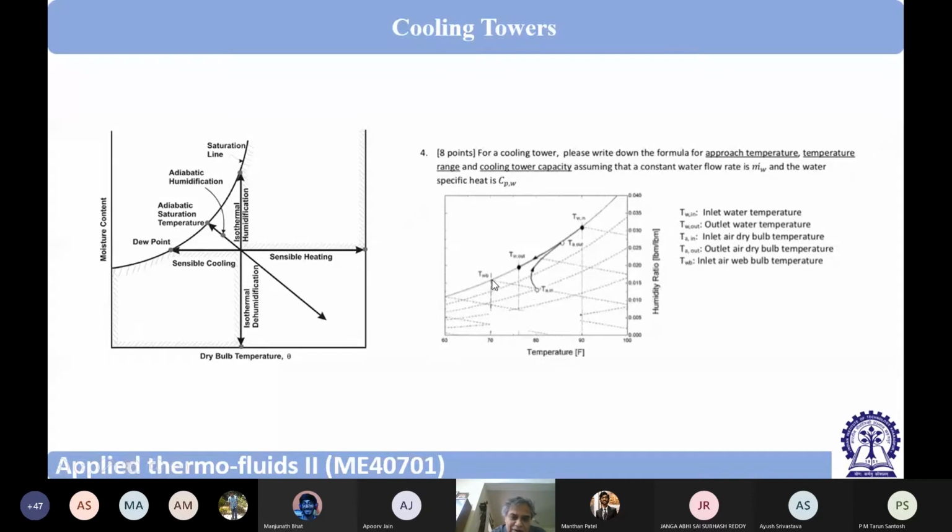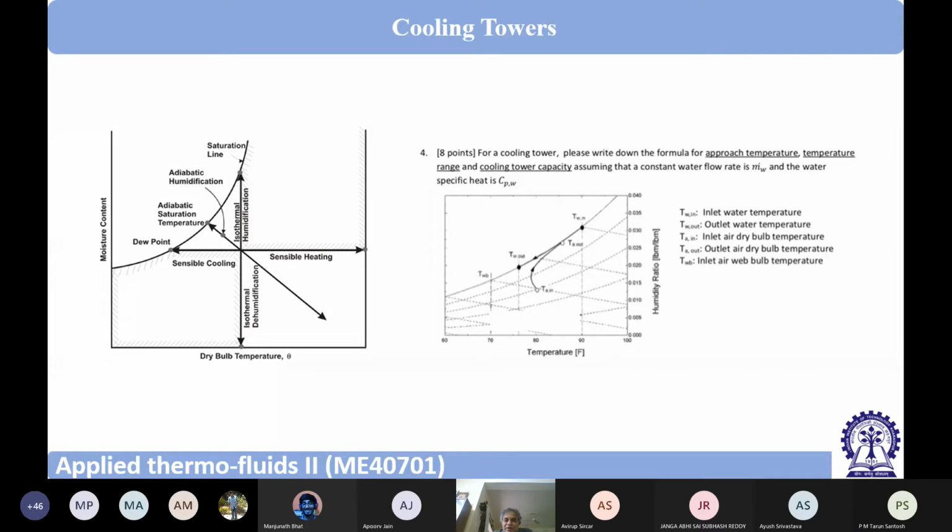Sorry, it will also be above. It cannot go up to this. Corresponding to this air, the wet bulb temperature is this. Water could have been cooled up to this, but it is not possible. An infinite length of cooling tower is needed. So it will be in between the dry bulb temperature and wet bulb temperature of the ambient, but it will be less than the dry bulb temperature of the ambient. So that's why we get some sort of benefit from the cooling tower. And we pay for it. We pay for it because we have to sacrifice a certain amount of water. We have to allow the evaporation of a certain amount of water.